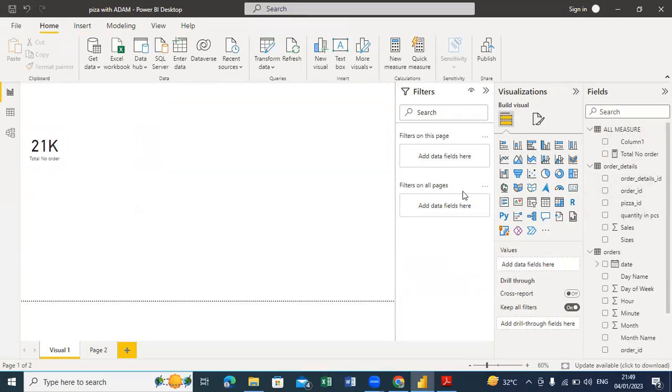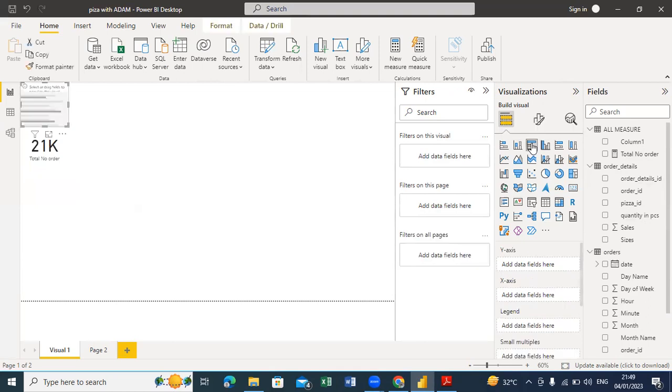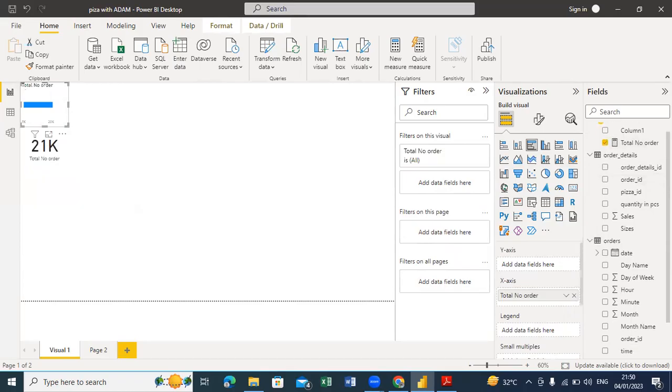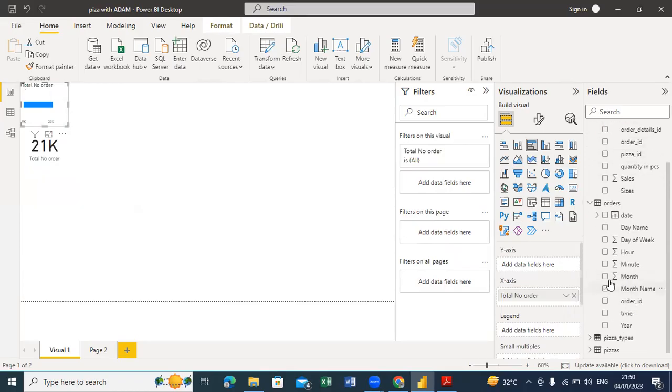Now I want to analyze the total number of orders based on the month. Now, that's where we are going. The first thing is how to create a table. We create a new table for our measures. So the next thing now is I want to create a